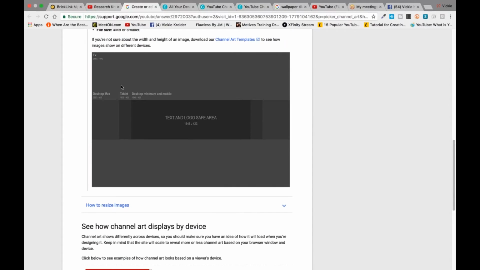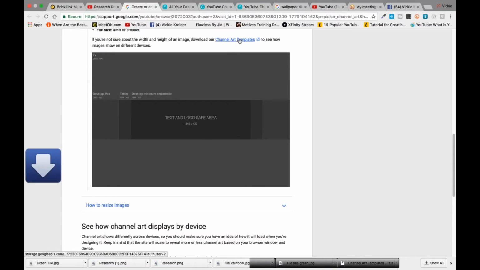Because when you look at this right here, this template, it is the perfect size for that banner art. And it's not just the perfect size for banner art that's going to show up well on your computer. It's also the perfect one that's going to show up, you can see right here, desktop or mobile. Then you can see tablet. And you can see maximum desktop and also TV. It'll show up on TV because there's like Apple TV and Google TV and all that stuff now. So the template's important. And what you want to do is click on the template